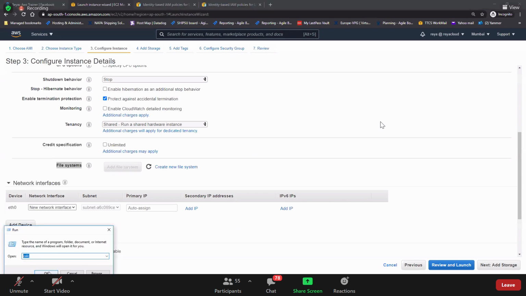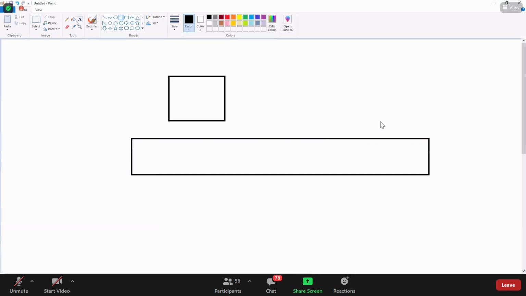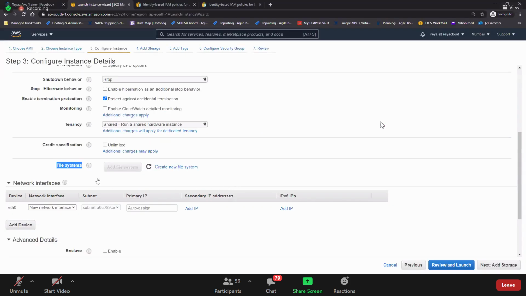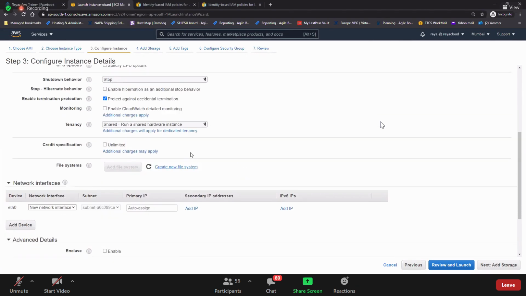Anyway, you are creating an EC2 instance, and it is asking whether you will go ahead, create a file system, and mount it to this EC2 instance. But guys, did we discuss this EFS completely? No. So let us not create EFS. We'll have a separate session on this, a separate session on VPC, and a separate session on IAM role. Got this? Here, don't create a new file system. Just keep it empty.